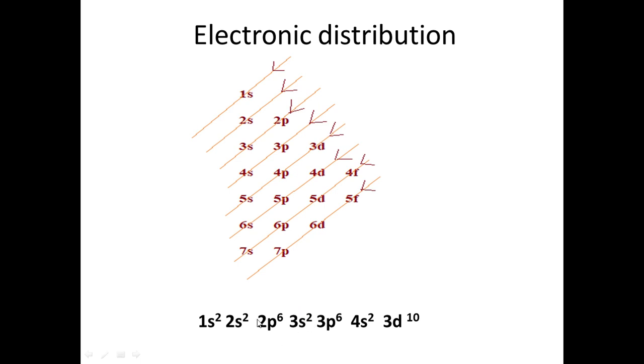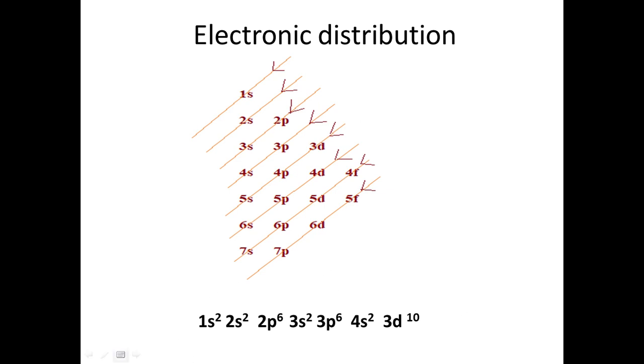And suppose we have to find the electronic configuration of calcium having atomic number 20, then what do we write? 1s2, 2s2, 2p6. At that place, we have already filled 10 electrons. We have to fill 10 more electrons. So 3s2, 3p6, we have 18 electrons, and finally 4s2. So up to here, this is the electronic configuration of calcium. So we can easily fill electrons in various orbitals by using this trick.